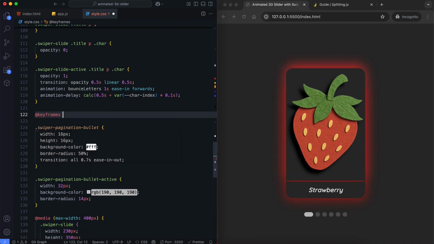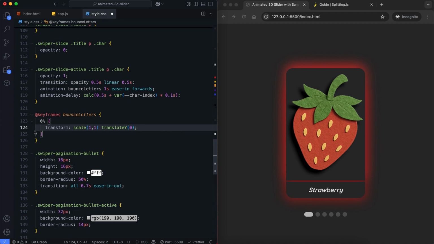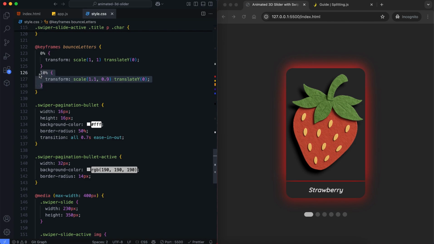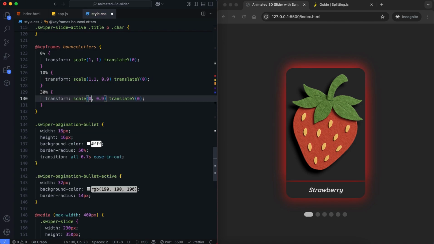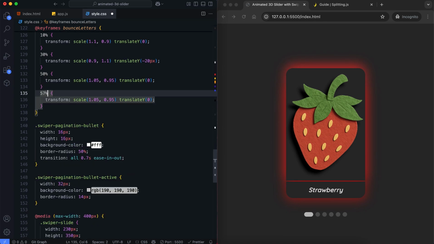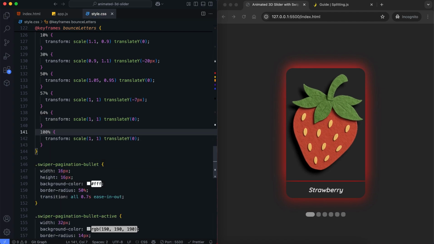We use the keyframes animation to make the letters move up and down. This effect makes the text feel lively and dynamic.